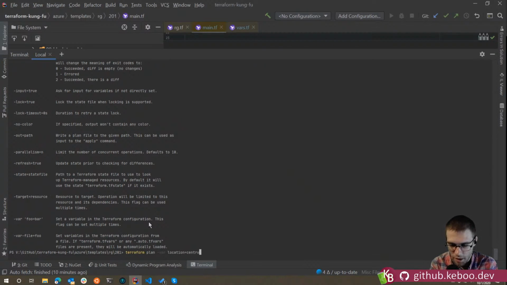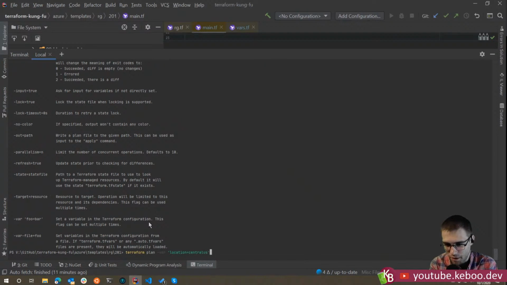I believe you're going to need to do the single ticks around that. Gotta do the ticks, right? Yeah, it comes down to how the terminal groups arguments that get passed through. I love how this terminal gives you a little light up there, like, hey, this is wrong. I can tell you already how the grouping goes.